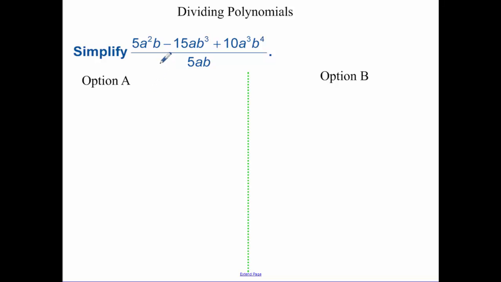Option A, you can factor out the common factors from the top. So we have a 5 in each term. You go with the lowest exponent on A, so I have an A and we have a B. So I'm left with a minus 3b squared plus 2a squared b to the third all over